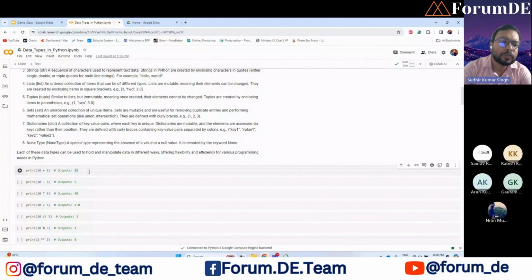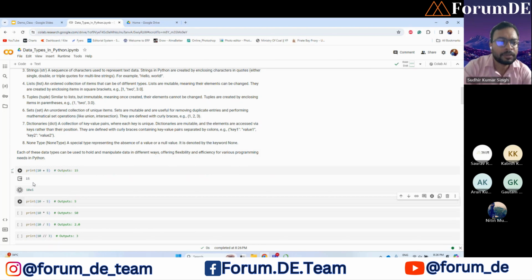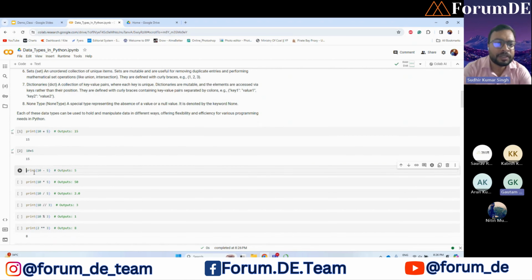The print statement is used to display any output. Like if I run this cell, the sum of 10 plus 5, we can get 15, or even if we directly write 10 plus 5 here, we get 15. So print is basically used in programs, which we will learn ahead, to print certain output, which we'll study in more detail.